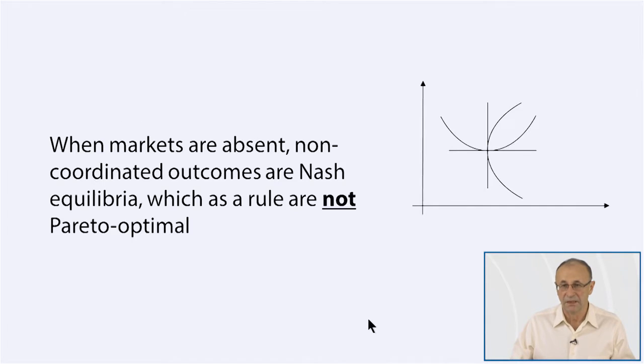And the answer is that it's very common and very usual that a combination of social optima, if people interact with each other without using markets, is not Pareto efficient. And in fact, it's a very rare exception that a combination of social optima is Pareto efficient. And the best way to illustrate this simple point, and that's quite important to keep in mind